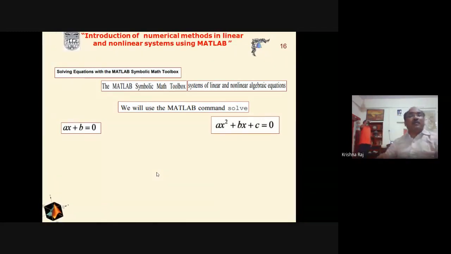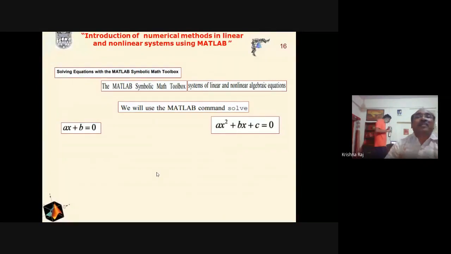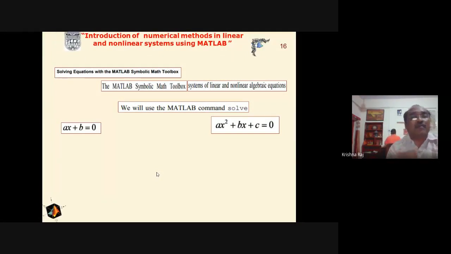Now see here, I am trying to describe what fields are covered by MATLAB. MATLAB is not designed only for mathematicians or only for engineers of electronics, mechanical or civil engineering. It is designed and developed for each and every person of the world. But we have to exploit the power of MATLAB. So please be tuned with us.